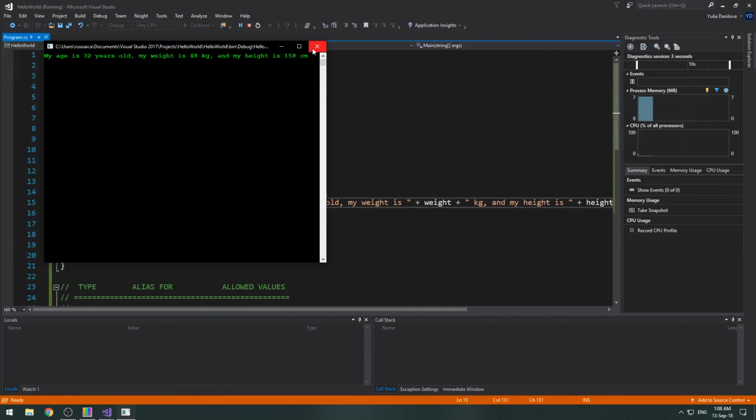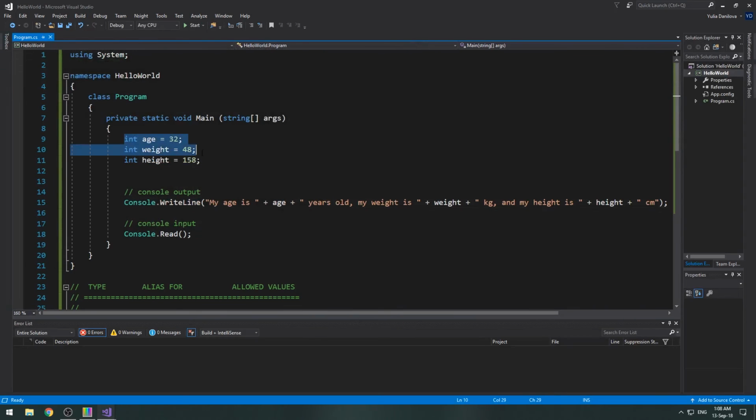So, we declare three variables containing some numeric values such as age, weight, or height. When we try to display them on the console, all we need to do is use the plus sign in order to add or join them to the additional text that we want to display. This method of using the plus sign to merge one or more texts or variables together in order to display them to the console is called concatenation.